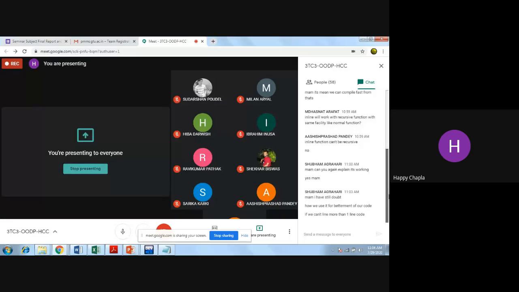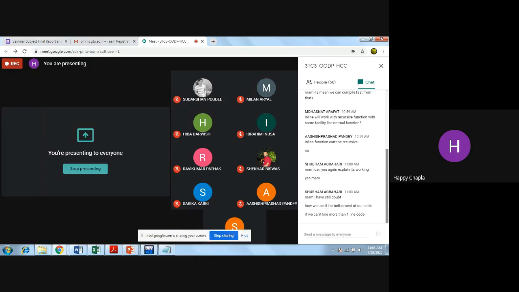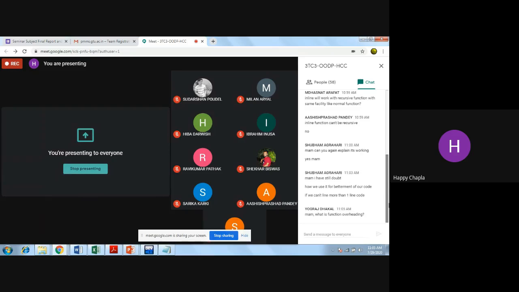If we can't inline more than one line of code, how do we use it for the betterment of our code?